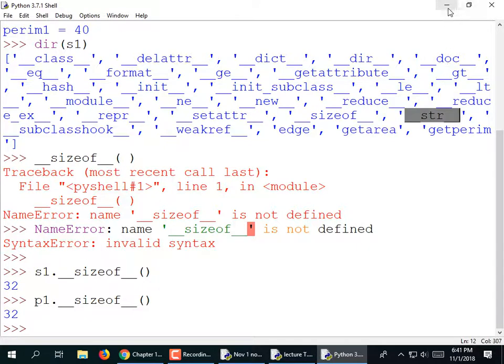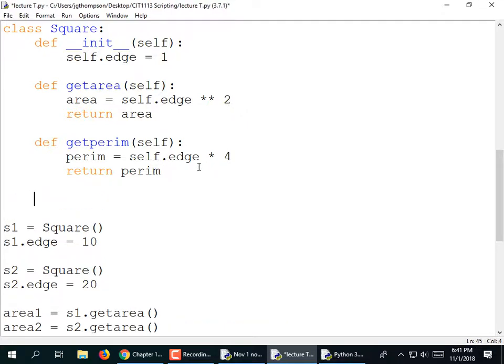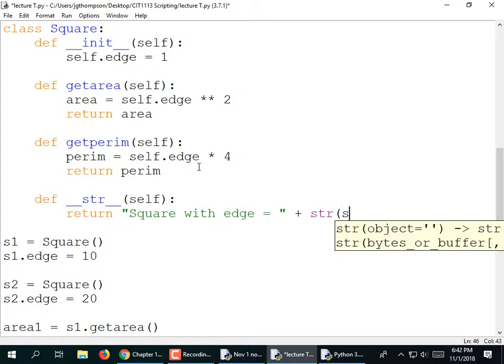Let's see if we can add a string method to our square class. So I'm going to go back to square. I'm going to do def __str__(self): and I'm going to return "square with edge equals " plus str(self.edge). I'm trying to build a string to return